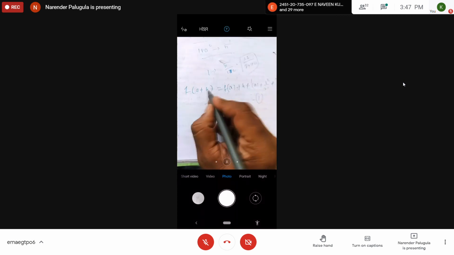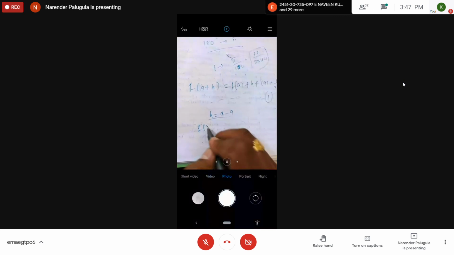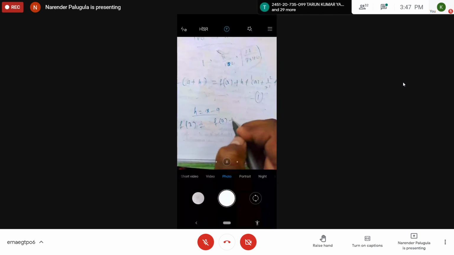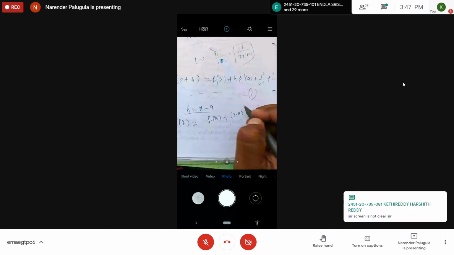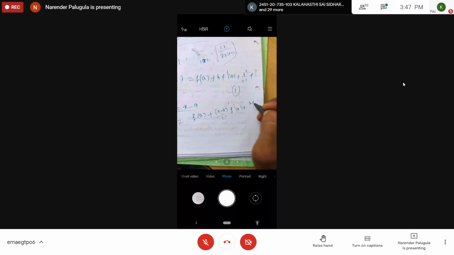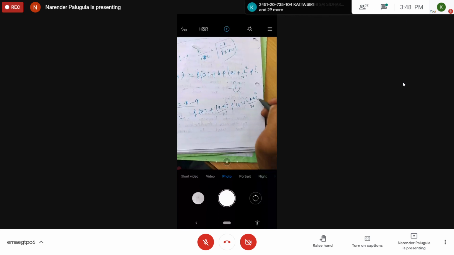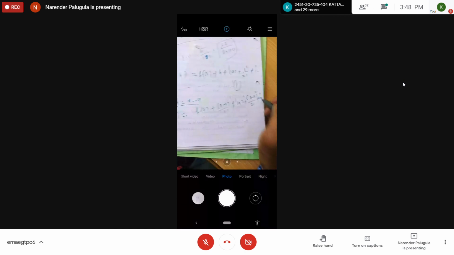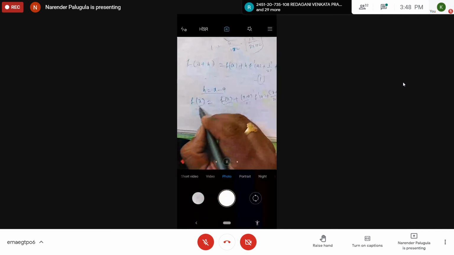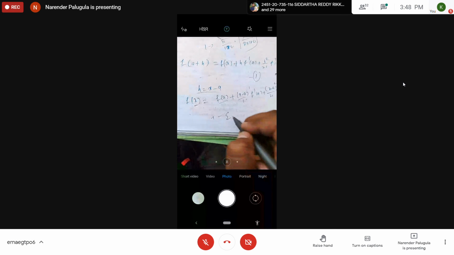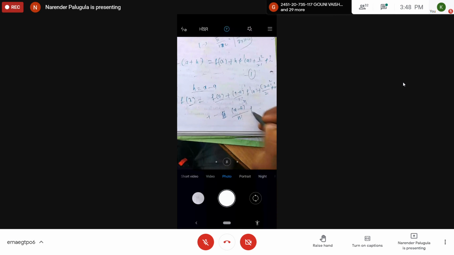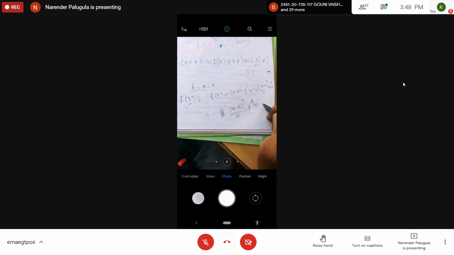Now, writing a plus h is equal to x: f of x is equal to f of a plus x minus a power 1 by 1 factorial into f dash a plus x minus a power 2 by 2 factorial f double dash a. Using function value and its derivative values, the expansion has powers of x minus a and so on. What will be the nth term? X minus a power n by n factorial into the nth derivative of the function at a, and so on.